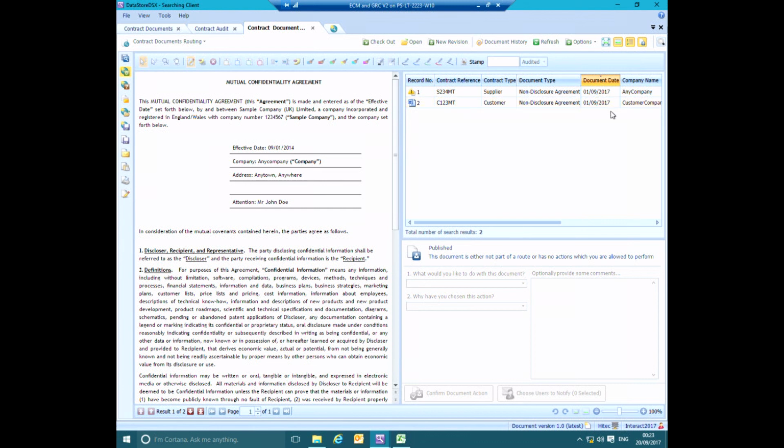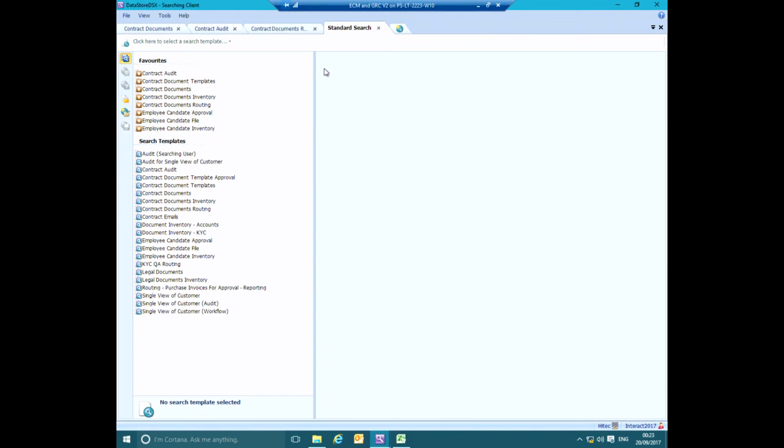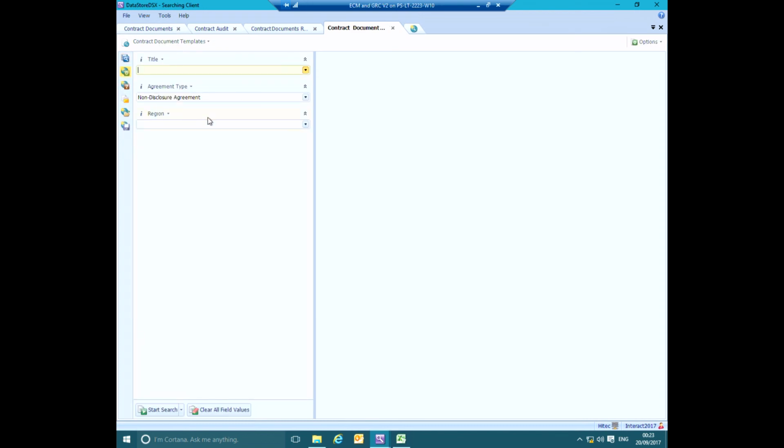The other element that I wanted to talk about was template management. Template management uses very much the same sort of processes. We can go in and define a set of document templates that are made available for people that are processing things through. So if I'm a user who's going to be working on a new non-disclosure agreement, I can go into the system and find a version-controlled template,